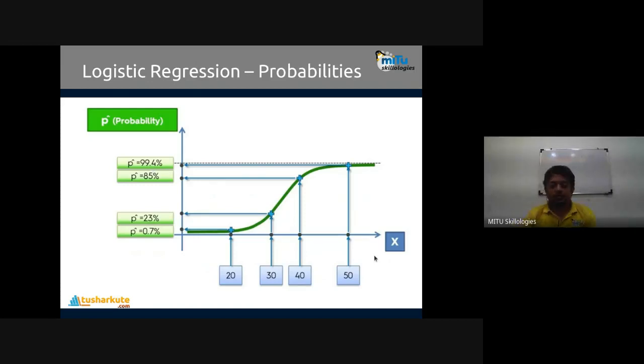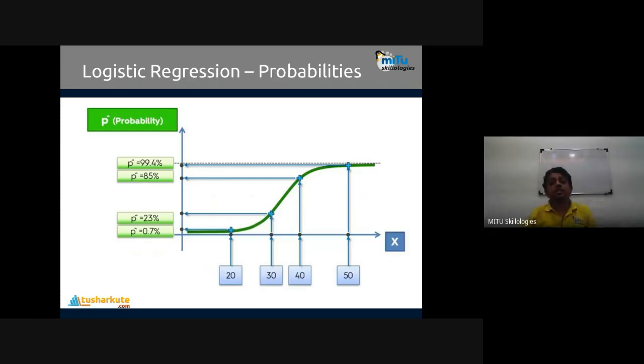This is what we transform. So when you use the logit function or logistic function, it will find the probability of this data. In this way, project it on the curve. Just like we have seen your function, y is equal to mx plus c. When you project on the line, its y value is there. So here y value is there, but the y value is in probability format, y hat.